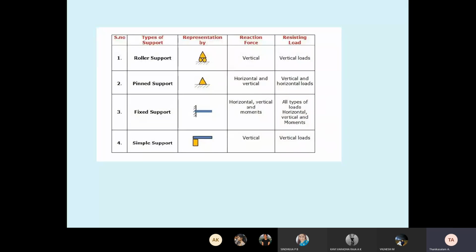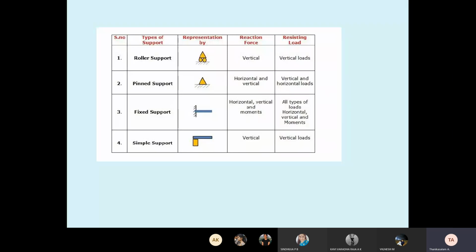Pin joint, another name is hinged joint. So only vertical reaction for a roller support. Whenever it is a roller support, only vertical reaction. So what is the purpose of a support? What is the purpose of any support, class representative? To hold it. Yes, that is resisting. So the roller support has a resisting role in the vertical direction. Similarly, a pin joint supports the body in two directions. It resists the body in two directions to prevent it from falling down. Vertical direction it supports, horizontal direction it also supports.